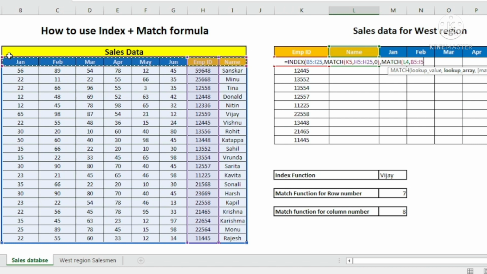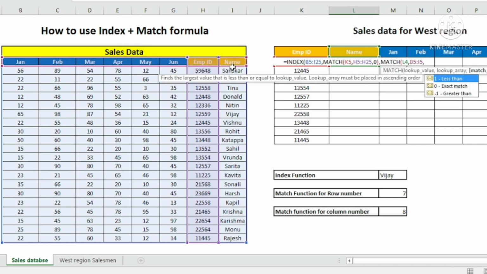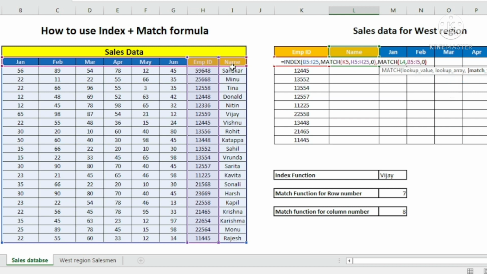So the match function will go here and check where the name falls in this particular range, because in the match function we are using either a column or row only as a lookup array. So I have selected only this particular row and then comma, an exact match. I will put 0 over here and complete this match function.